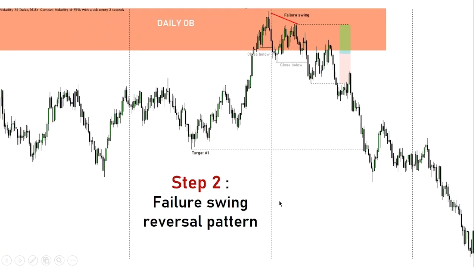As always, the protocol is the same. We want to see a reversal pattern first. If not, we want to see a failure soon. Now, in this case, you only see a stop hunt, right? We don't have a high that is purged before price closes lower on the 15-minute time frame, but